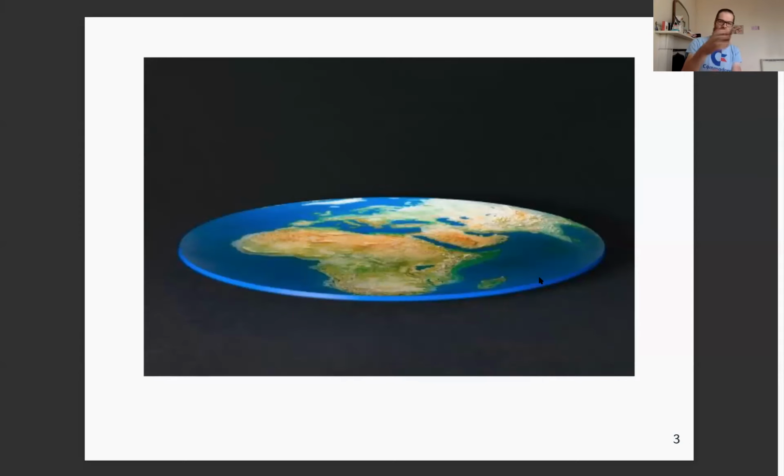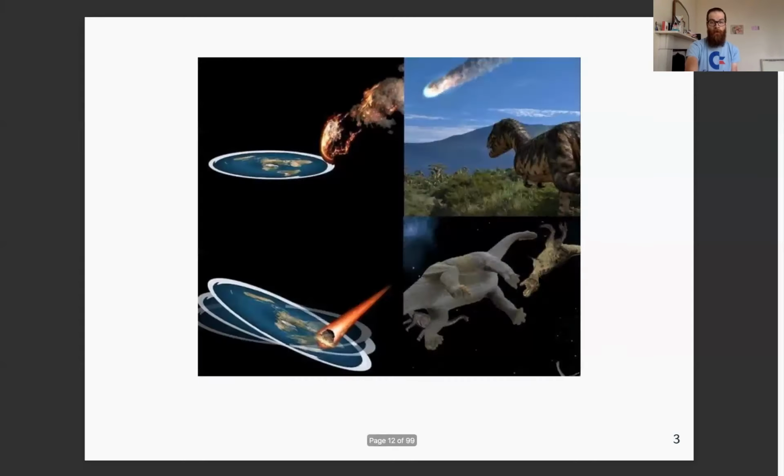Not only did it explain this thing, it also explained why I could see the lighthouse in Weston-super-Mare. And more importantly, it finally gave me an explanation why there's no dinosaurs in Exmoor. Because clearly what happened is very simple. A meteor hit our plane, and then the plane tilted and all the dinosaurs fell off.